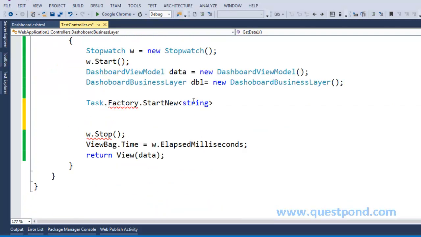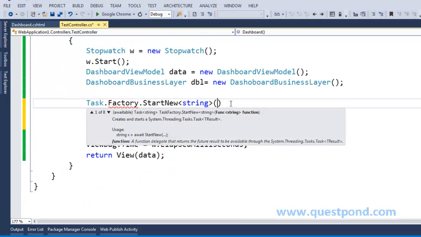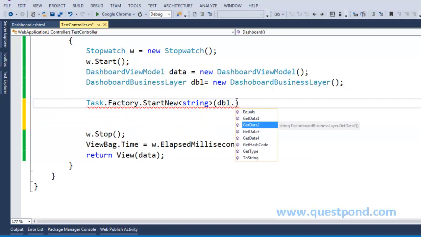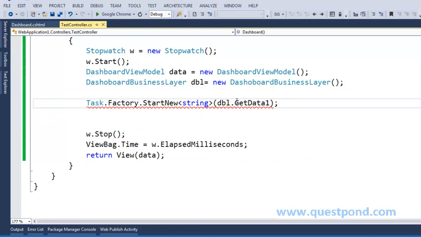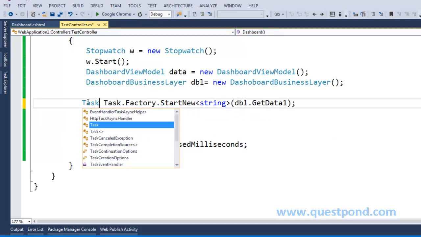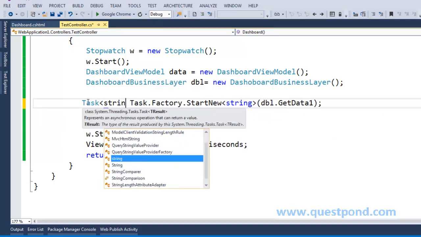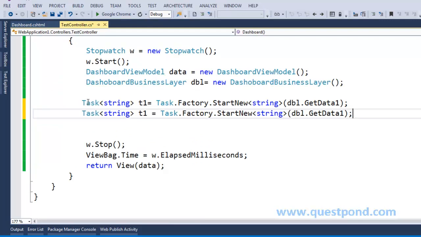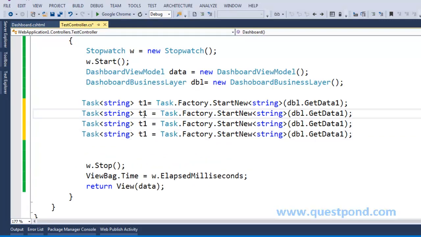That's why we should put string as a generic parameter here, and then simply put the name of the method, that is dbl.GetData1. This StartNew method will simply return a task object, Task<string>, I'll say t1. Then I'll do the same thing for the other 3 methods. I'll say t2, t3 and t4: get data 2, get data 3 and get data 4.